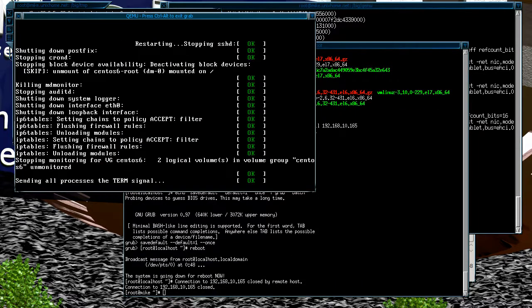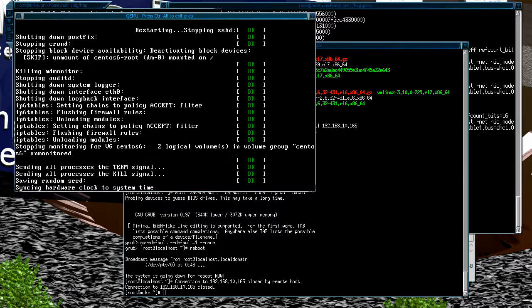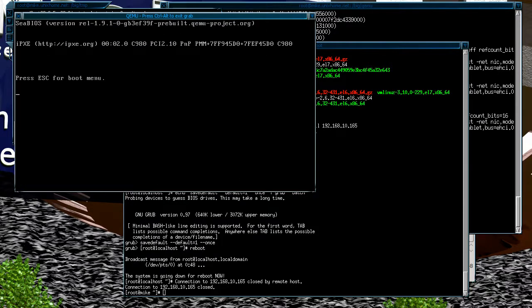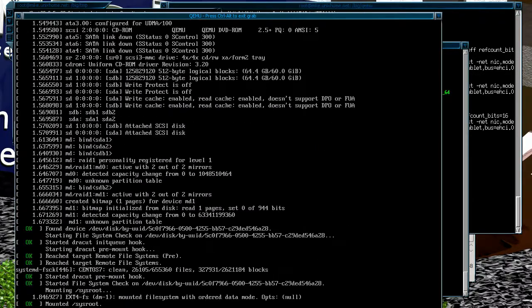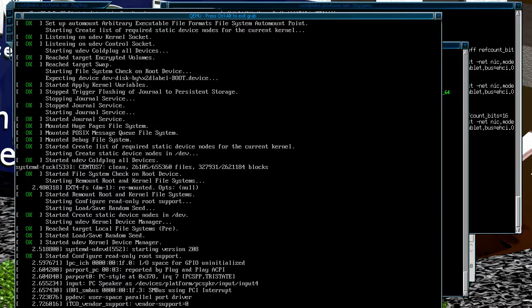So if we reboot there and then see what happens, as you can see, we went straight into CentOS 7. So if your machine's remote, this is a good